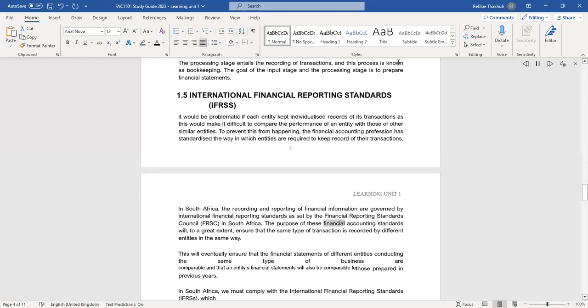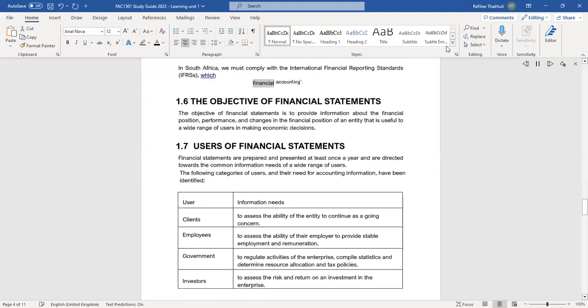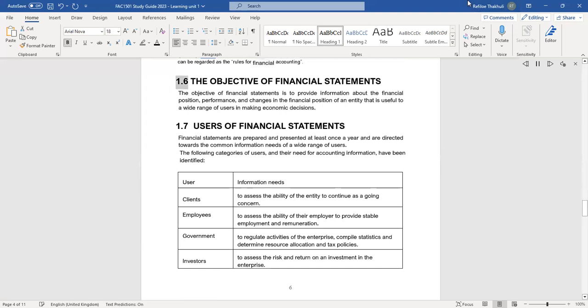The purpose of these financial accounting standards will, to a great extent, ensure that the same type of transaction is recorded by different entities in the same way. This will eventually ensure that the financial statements of different entities conducting the same type of business are comparable to those prepared in previous years. In South Africa, we must comply with the International Financial Reporting Standards, IFRSs, which